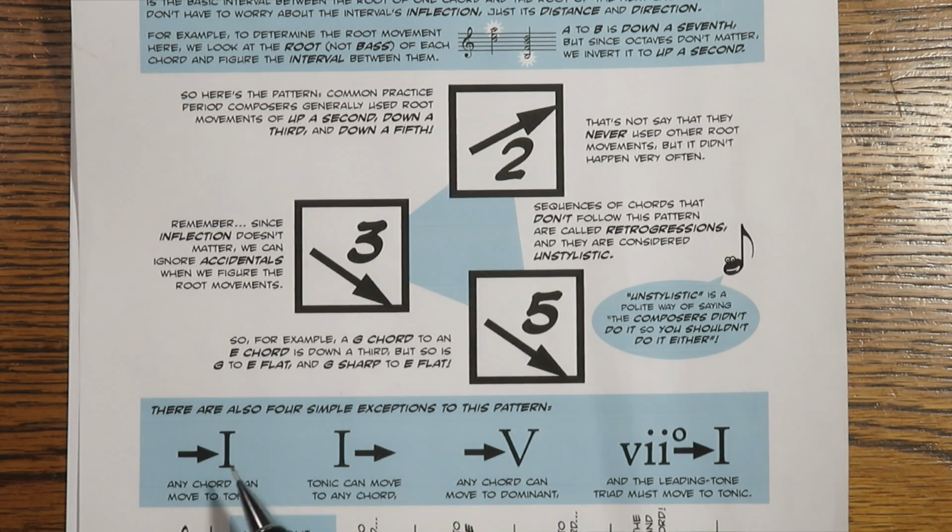So here's a couple exceptions. We talked about these already. Any chord can move to the 1, to the tonic, and the 1 can move to any chord. Okay, any chord can move to the dominant, and the leading tone triad must move to the tonic. Okay, so up a second, down a third, down a fifth, or you can think of it as up a second, down a third, up a fourth. Okay, because